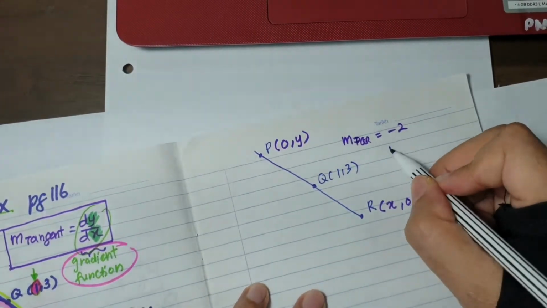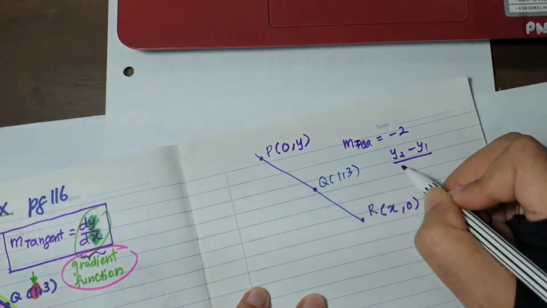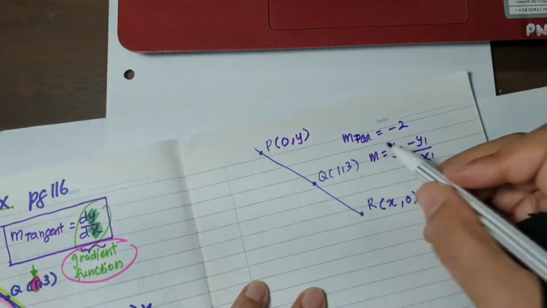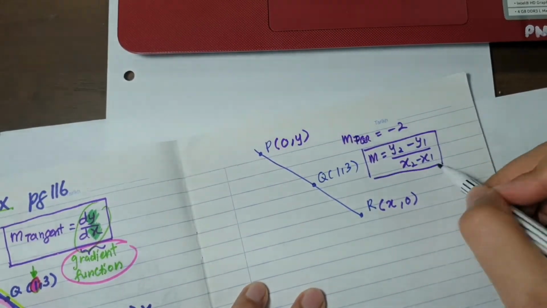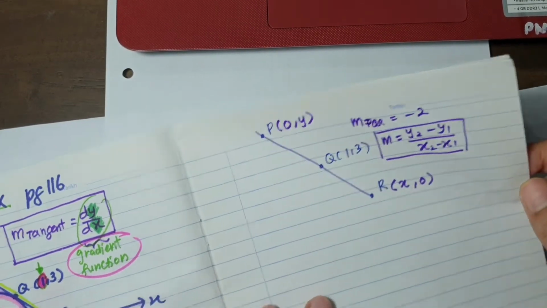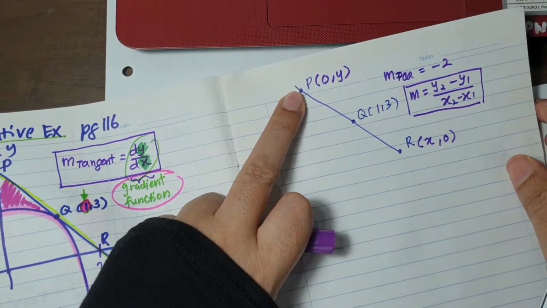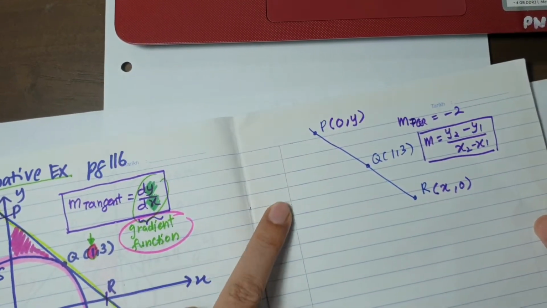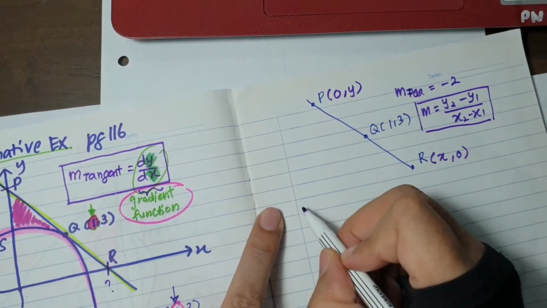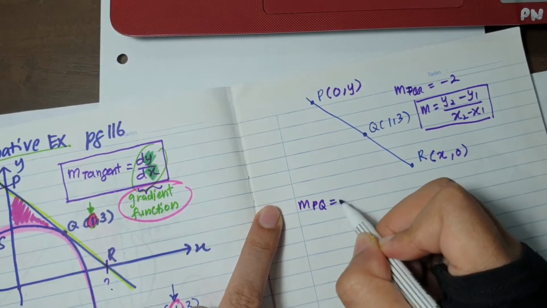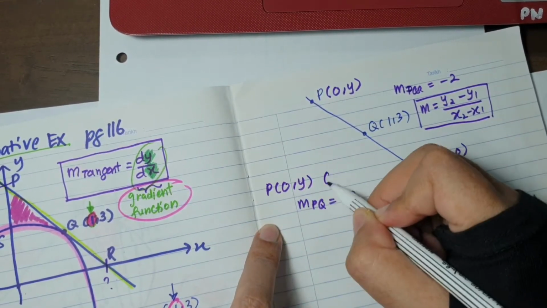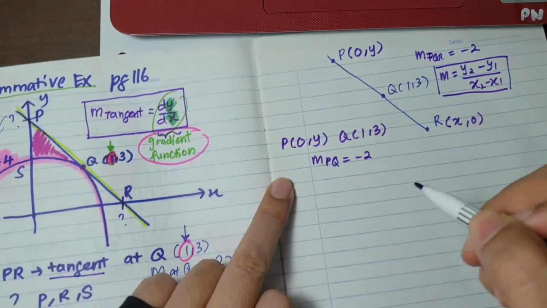Okay, so gradient of the line PQR is negative 2. So using the formula y2 minus y1 over x2 minus x1, okay, you can find the coordinates of P and R. Alright, let's start with P coordinate. Okay, alright. So let's put in the formula. Gradient of the line PQ is negative 2. P is 0, y. Q is 1, 3. So using the formula,